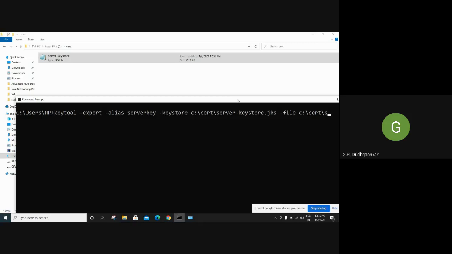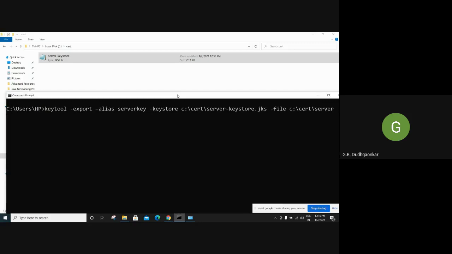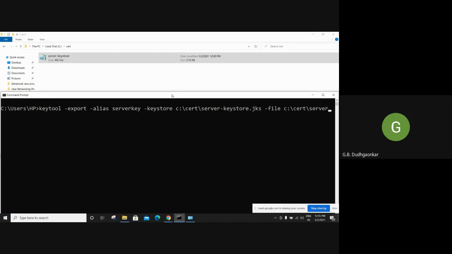So here I will type server-public. Be careful, note down. Now here we have to add the extension, that is CRT. It is a very simple command.